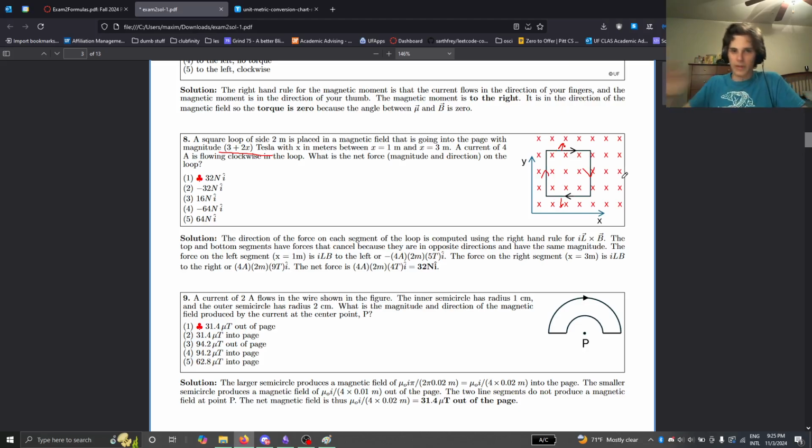They'll cancel. Don't worry about it. What you care about is the left and right side. There's usually always stuff that cancels whenever you see a square. You only worry about 1 or 2 sides at once, usually. So on this side,